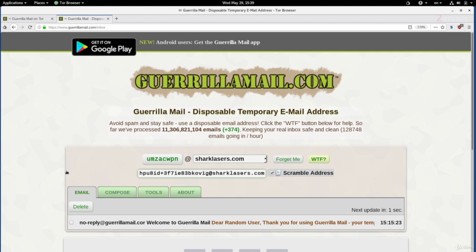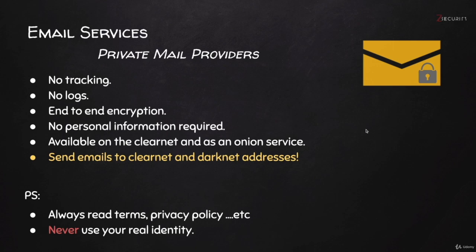And like I said, these are just two examples of websites that offer these services. Check out the resources of this lecture for a list of more websites that offer the same service with slightly different features. The next type of email services that I want to talk about are email services that are focused